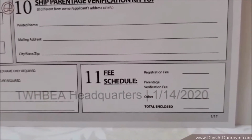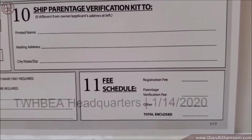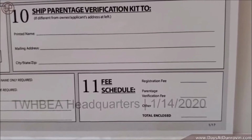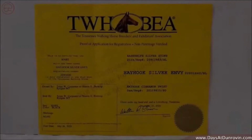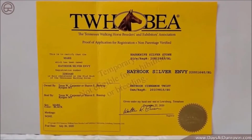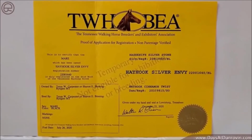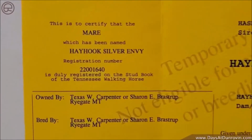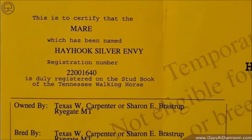Nothing goes without some costs. So we'll put that in there, or have done that, and this is what allows you to do that, and pay for your verification kit and the registration fee, and then send that off. Okay, now this is what you get back after you've made the application and everything is okayed by the breed association. You get this temporary certificate, and what that really does is just show that the mare, which she's a filly now, but in time she will be a mare,